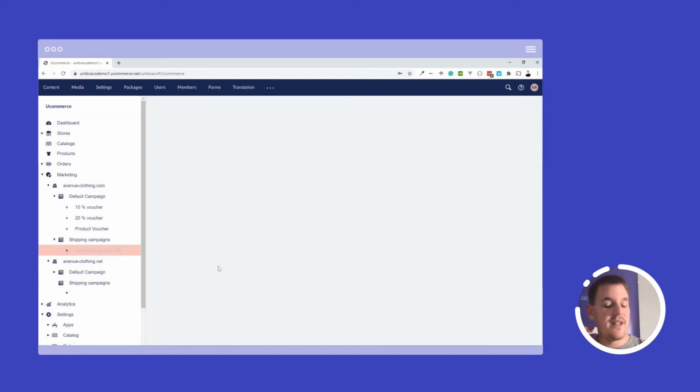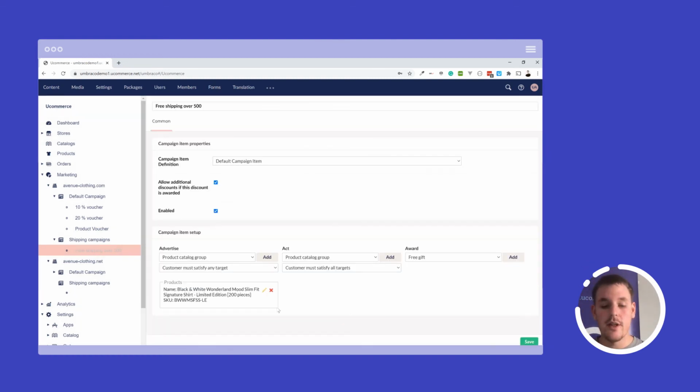So now every time I visit the product page with this product on it, you will get the context of this campaign item, and then using the definitions, for example, you could set an image that can then be shown on that product page. But of course, you don't want to show it for all other product pages, and that's why the dynamic context we set up here comes in pretty handy. But again, as I said, this is not something that you have to do. You can use it if you want to, otherwise just ignore it. Let's do that for now. And just know that the campaigns and campaign items will run just fine without this advertise part.